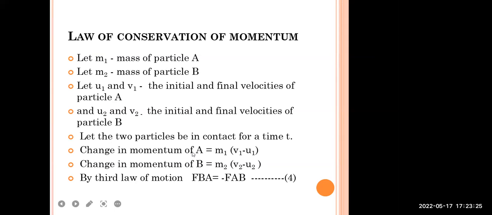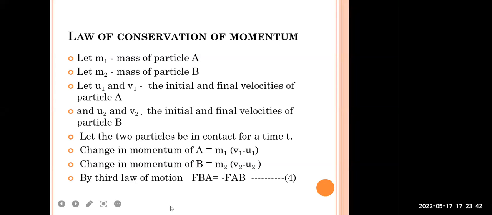Change in momentum of A will be final minus initial. Change in momentum of B will be final minus initial. So F_BA, which is the force applied on A because of B,